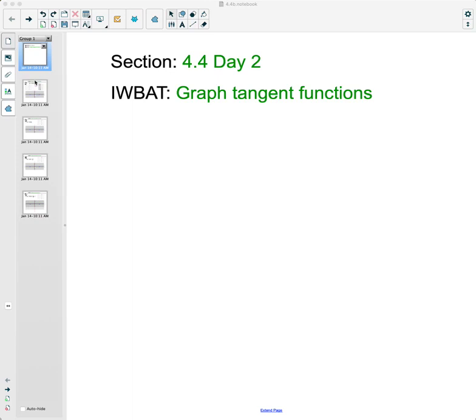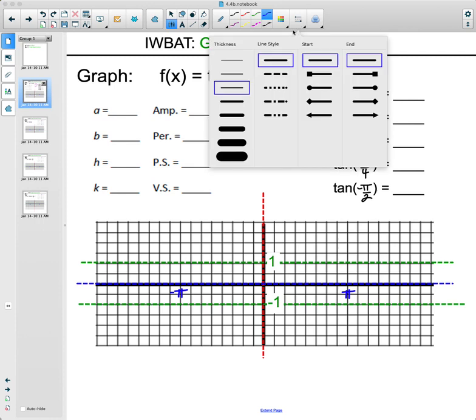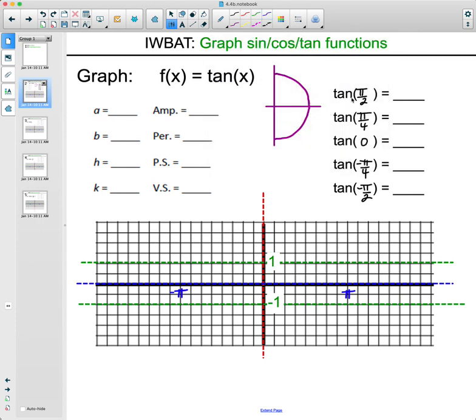In this video, we are going to talk about graphing tangent functions. We've done sine and cosine already. So let's take a look at just the tangent of x. Off to the side here, let's evaluate from the unit circle first for a few values of tangent and then plot those points. So if we take a look at tangent of pi over 2, so pi over 2